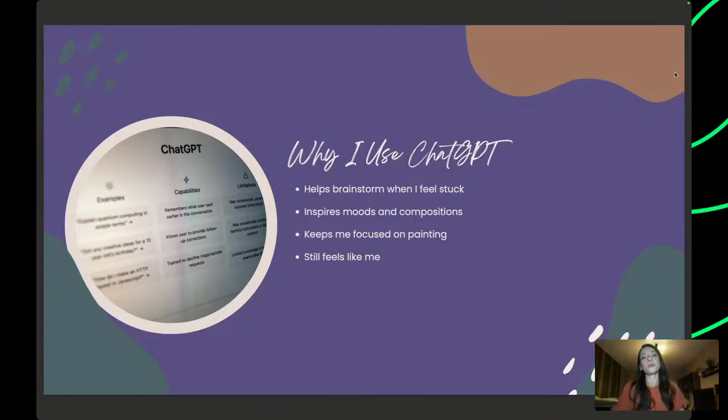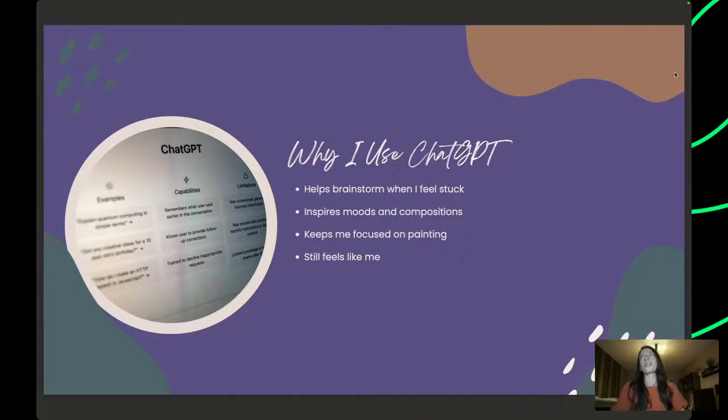It inspires moods and compositions, so it doesn't only list things that you can paint, but you can also explore deeper topics like feelings and moods. It can give you composition, color palettes, and so much more. It keeps me focused on painting and on my process, because if I open Pinterest or start a Google search, then I quickly get distracted.